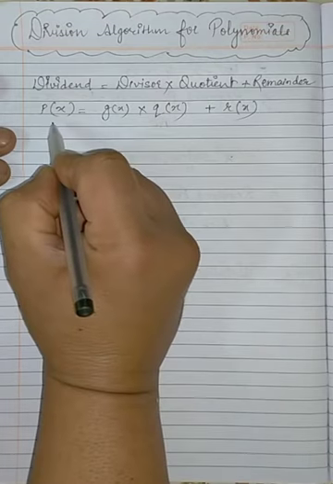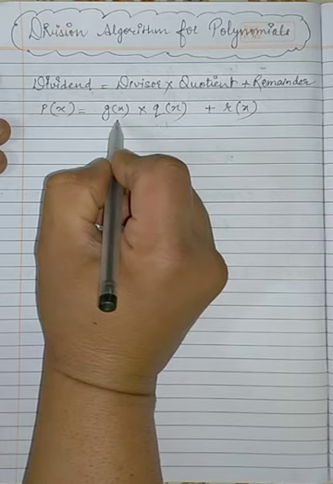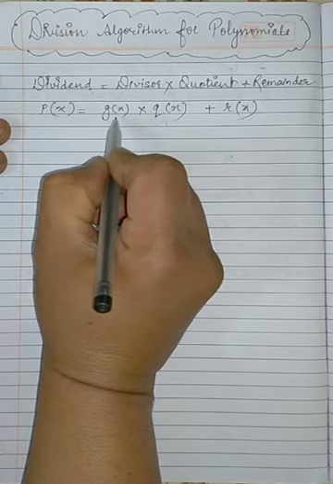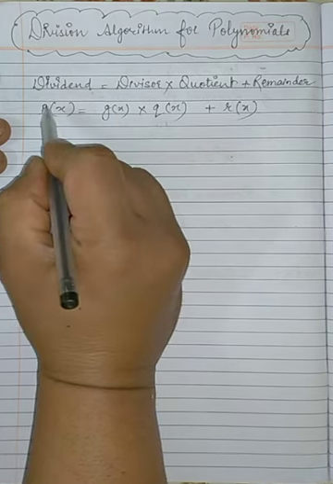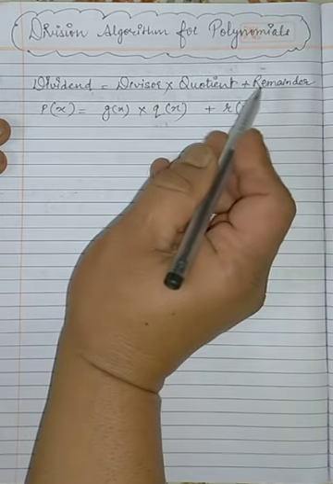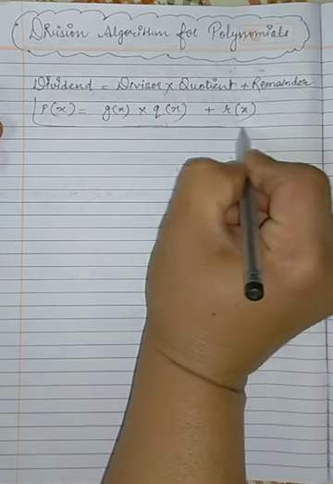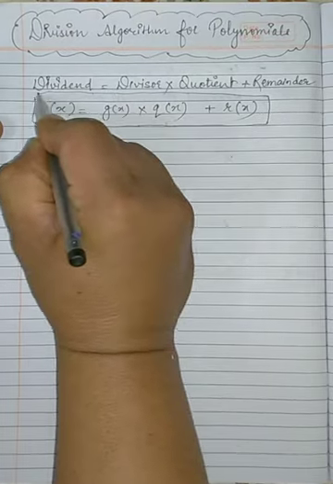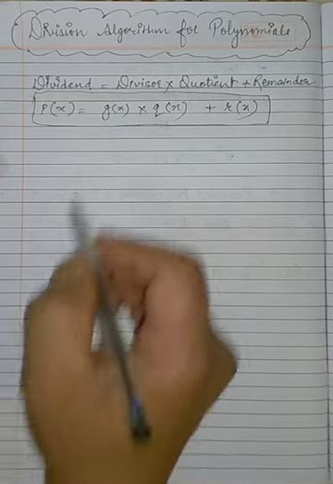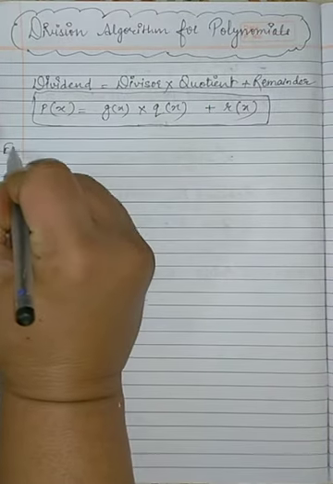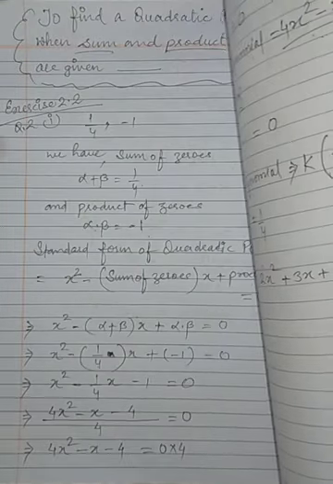That means if a polynomial p(x) is divided by the divisor g(x), then after dividing the polynomial p(x) with g(x), the relation dividend is equal to divisor into quotient plus remainder should be satisfied using this notation. Okay? So to understand this, we will use one example which will make this concept more clear. So here I am taking one example.